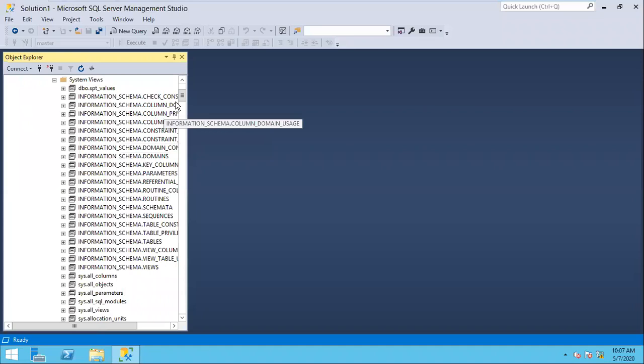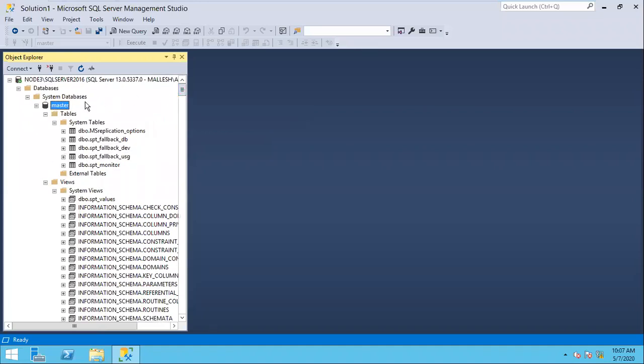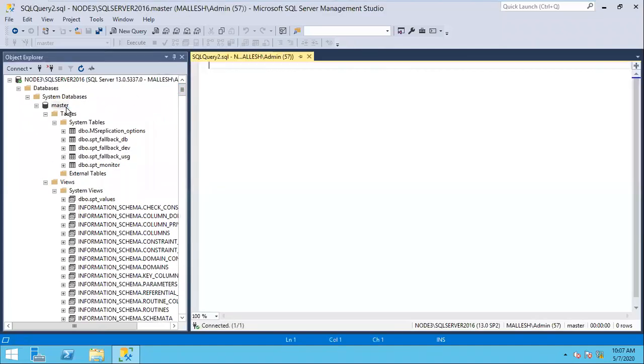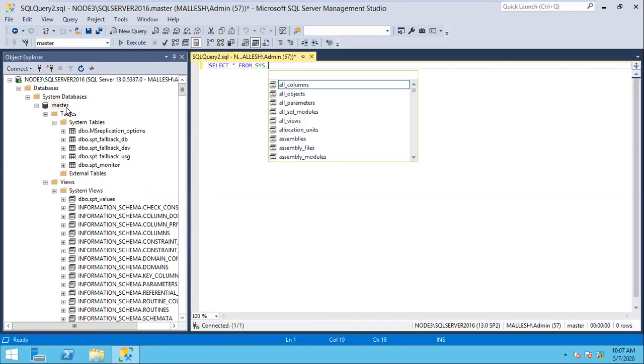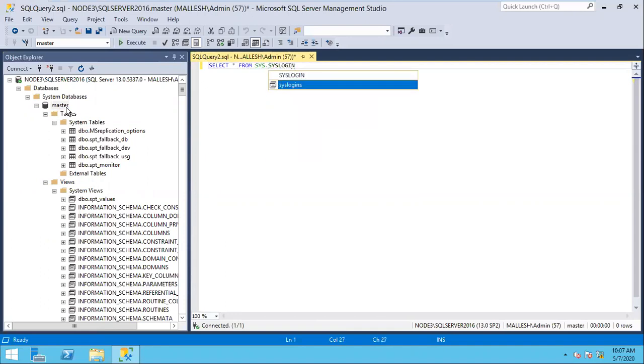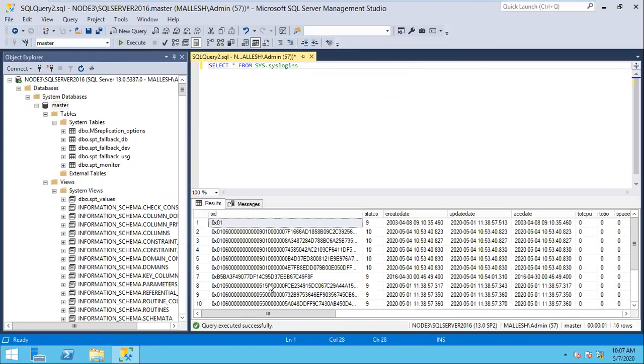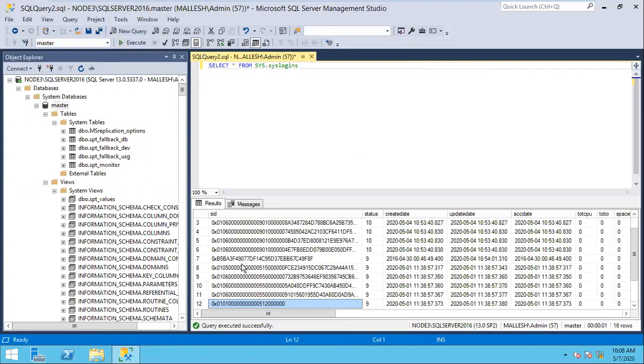Yeah, the information will be there in views and tables. As I said, all the logins information is in the master database. If you want to see the logins information, we can use select star from sys.logins. If you execute this command on the master database, we can see the logins information. Every login is uniquely identified by the SID. Again, we will discuss more about SID and security later, and then the status, what time it was created, what time it was updated,